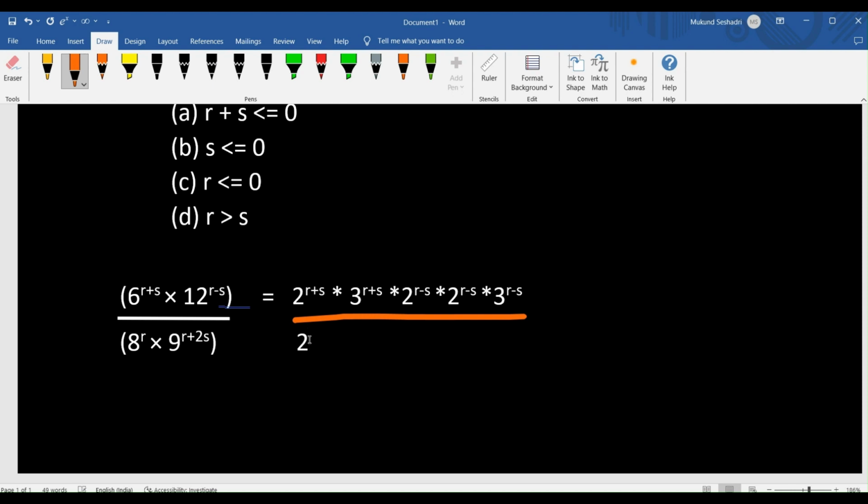So I write it as 2 to the power r into 2 to the power r into 2 to the power r, right? And similarly, I have my 9 to the power r plus 2s. 9 is 3 squared, so it's 3 into 3. So I rewrite this expression again as 3 to the power r plus 2s